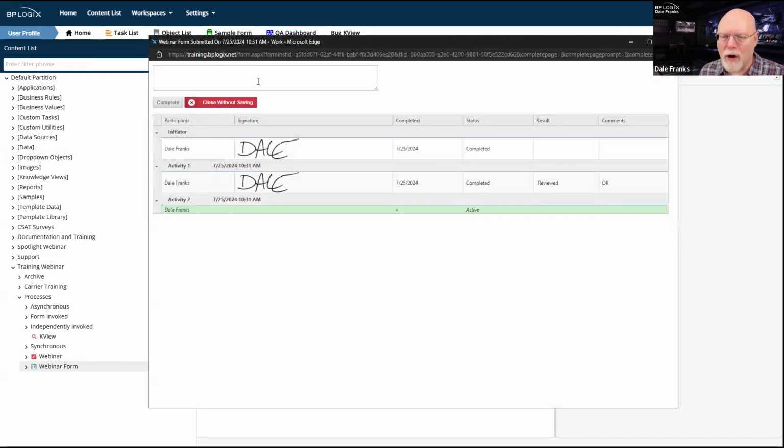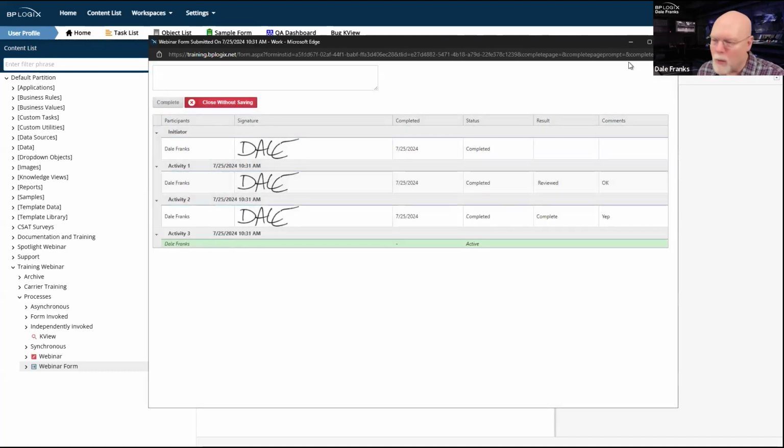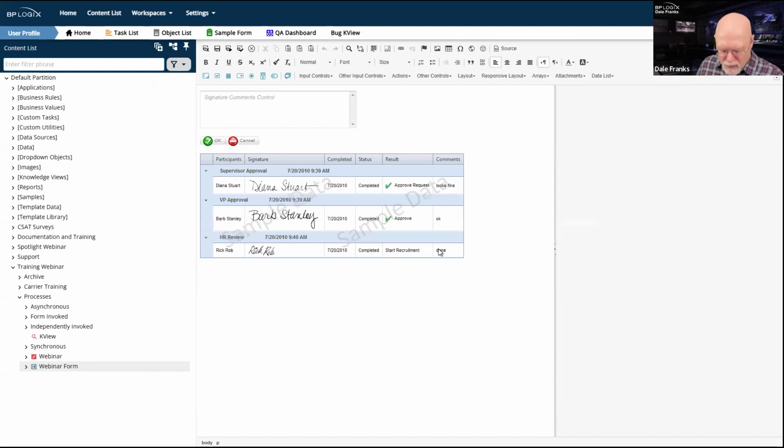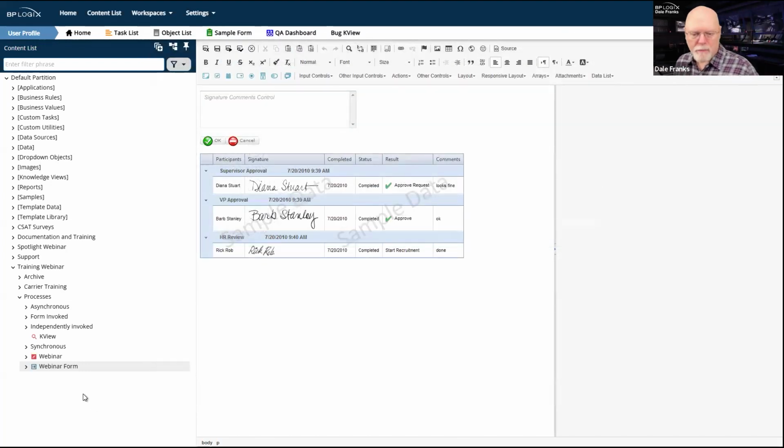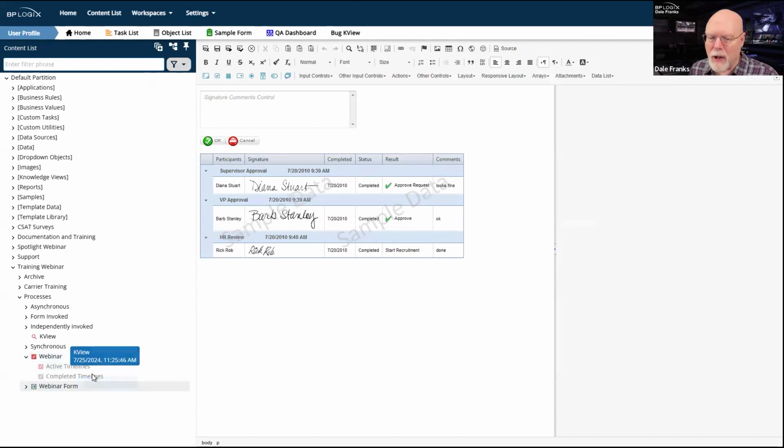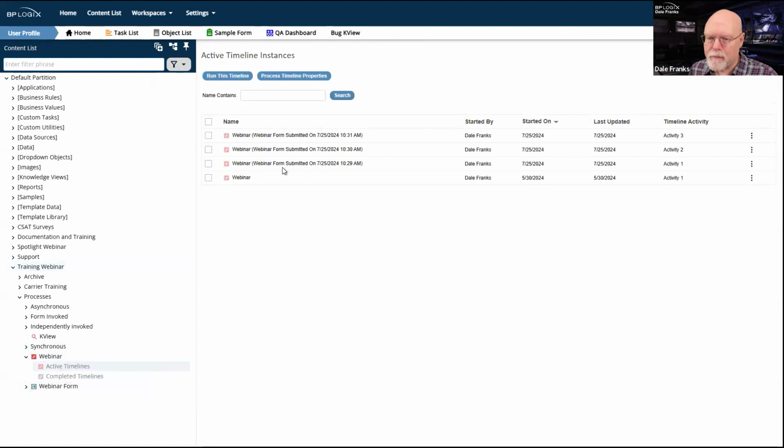And now we'll go to activity 2. Yep, that's okay. We'll complete activity 2. And now we're in activity 3. Okay, let's close without saving my form. So I should have 3 active timelines running. I actually have 4 active timelines running.